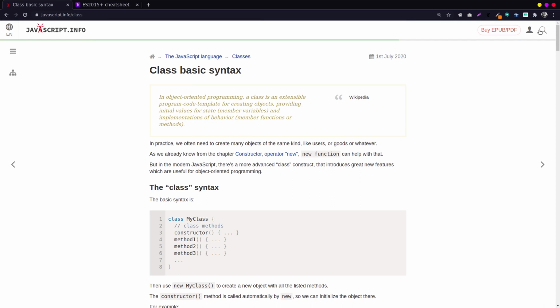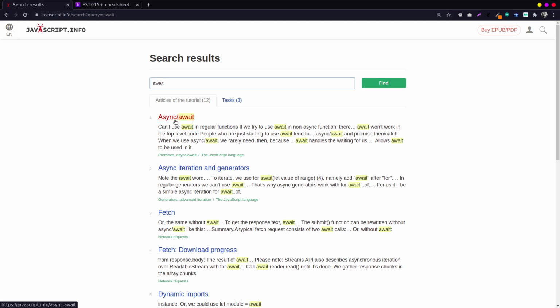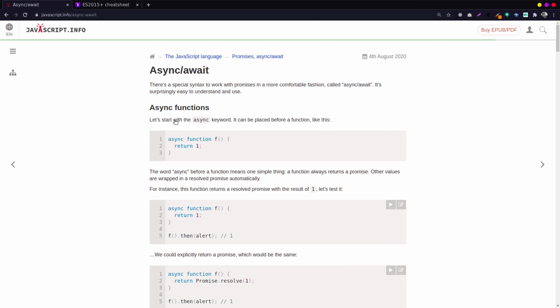You can search for what you want. If I want to search for classes, or async and await, I say await, and it gives you await, and you can read the articles on async and await. We'll all be looking at them, but it will be better for you to look at them beforehand, because